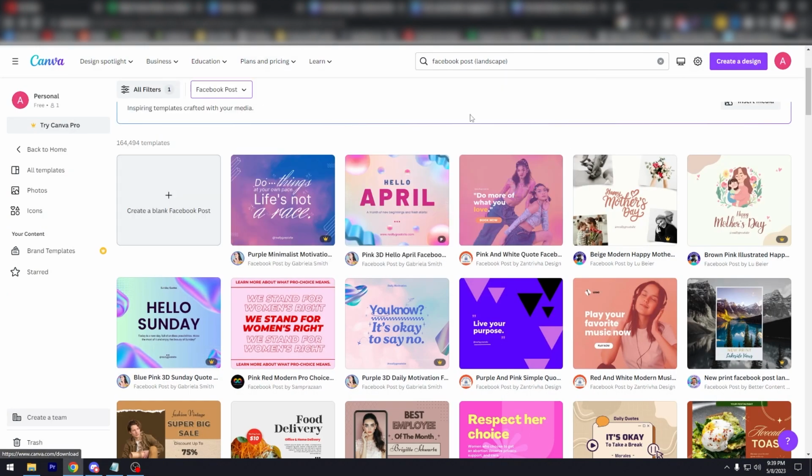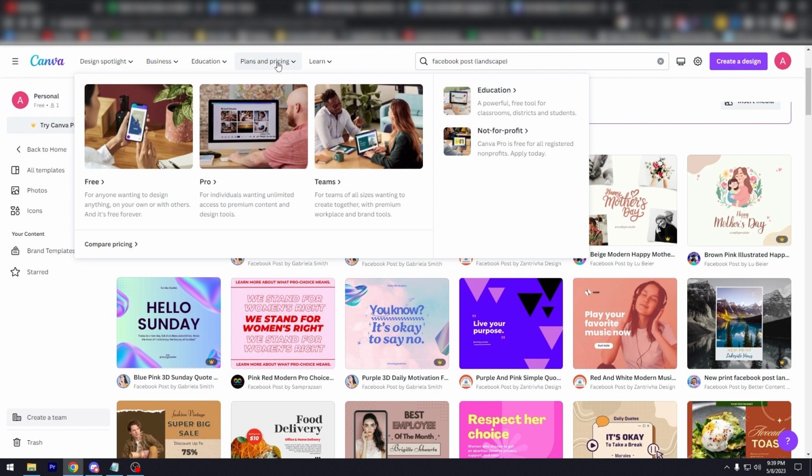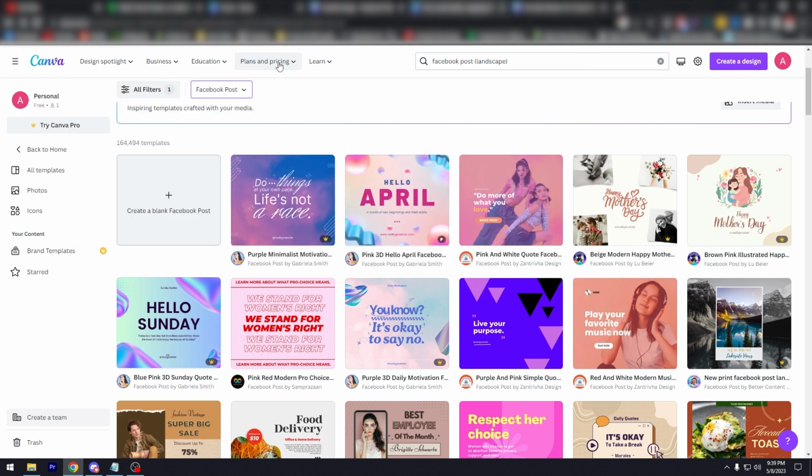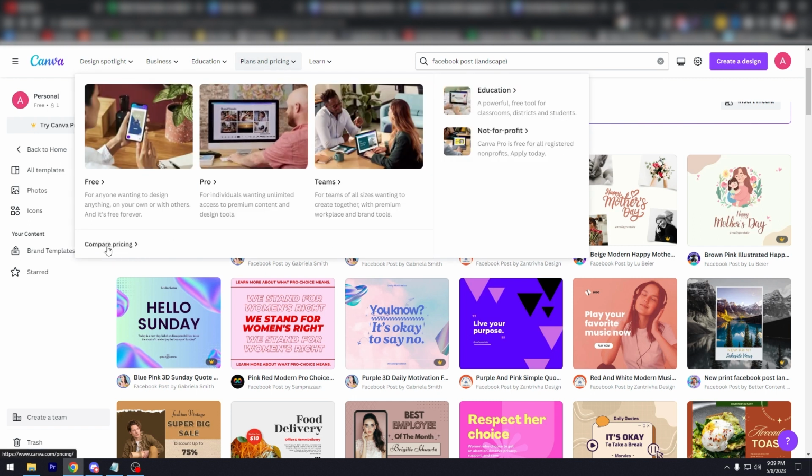But if you want to look at how much monthly Canva Pro the price would be, just hover here, plans and pricing, and click on Pro, and then click on compare pricing, and let it load for a second. Before, as we wait for this to load,